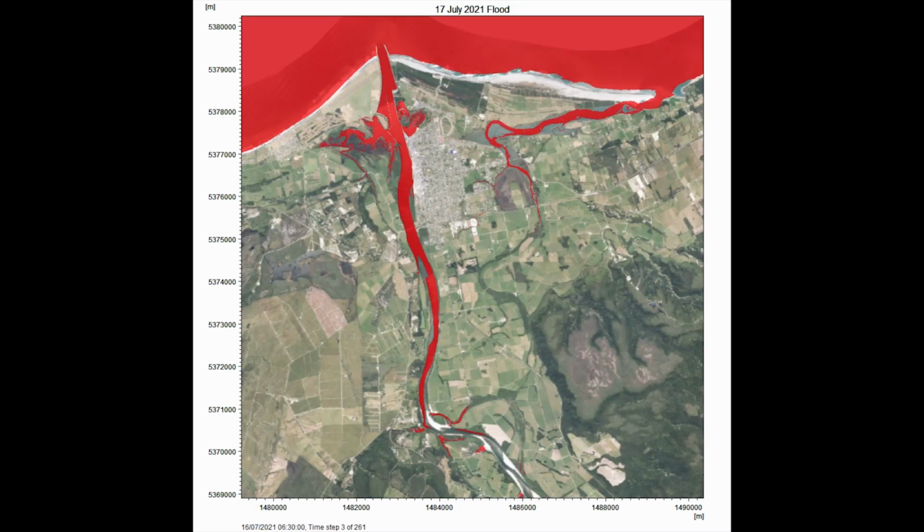Okay, so what I'm showing here is just an animation of the model. The model's running in real time, and this is the actual calibration event. This is a really nice way to better understand the flood mechanisms of the Buller River, particularly how the flood occurred in July 2021. It runs for about 1 minute. It's actually showing 48 hours, so 48 hours of actual real flooding time is being represented here in 1 minute,